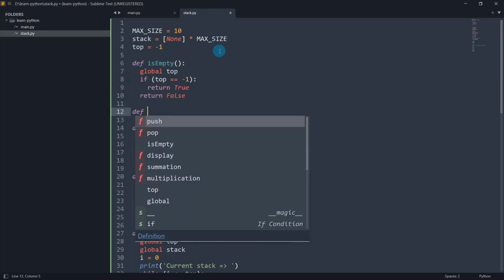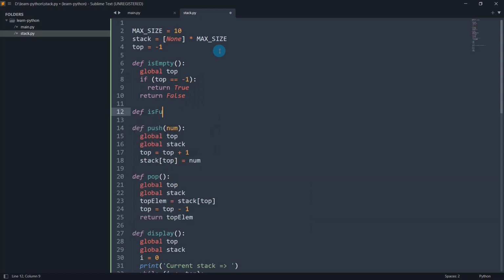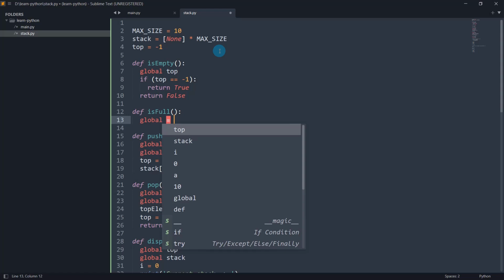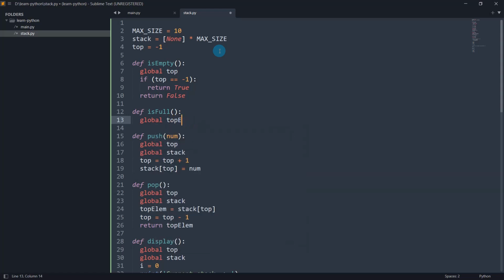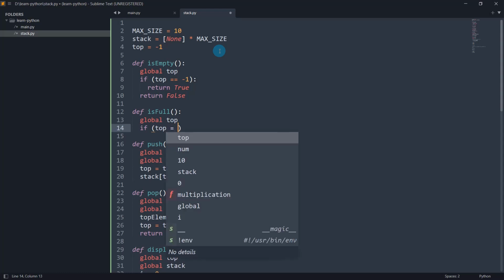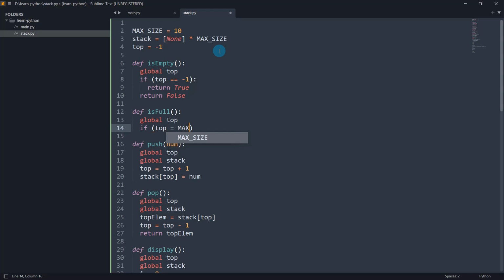Similarly, let's write isFull. If the stack is full, what will happen? So when exactly will the stack be full? If the top reaches the max size, that means the last index, that is top equal to 9, that is 10 minus 1.